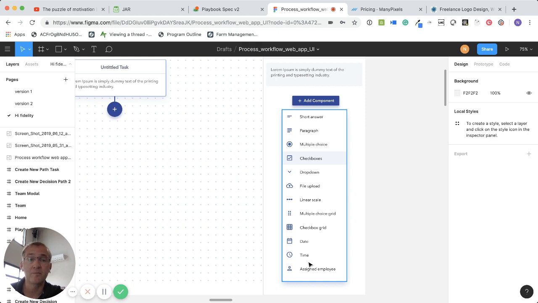So all in all, I'm really excited about Manypixels. I plan on keeping our subscription there even after we get this design project wrapped up. I'm looking forward to trying them for potentially the landing page for this Playbook project, the marketing site, and then potentially some collateral for